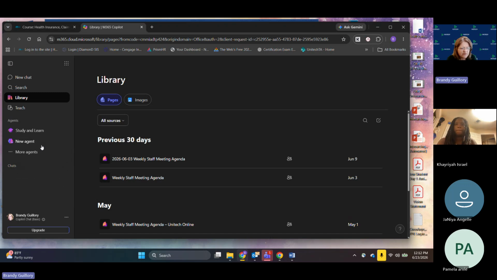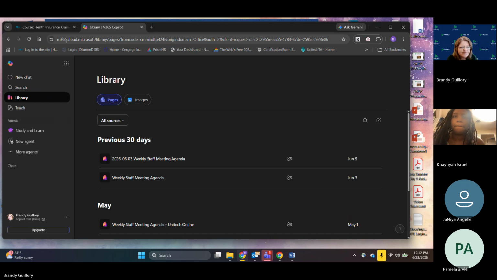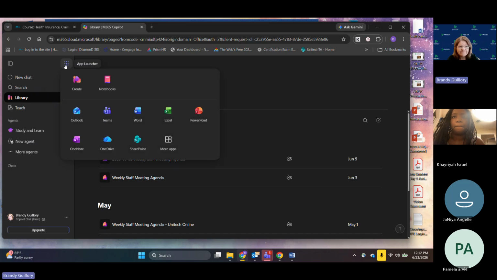There's the chats. What about my apps? It did take me straight to 365. That's not where I wanted to go. Okay. Maybe they updated it, but here we go. All right, so if it takes you here, there's these little dots in the corner of this left-hand menu, the app launcher. It looks like they moved it.